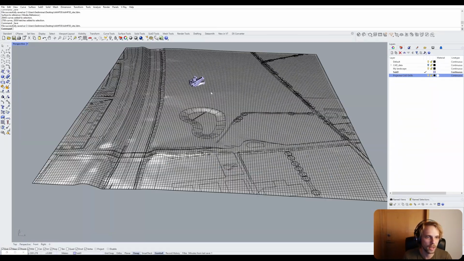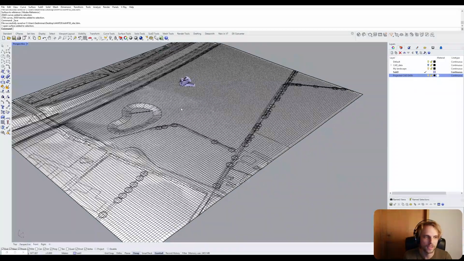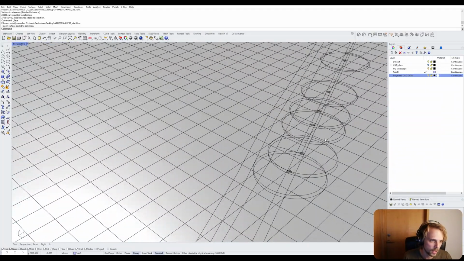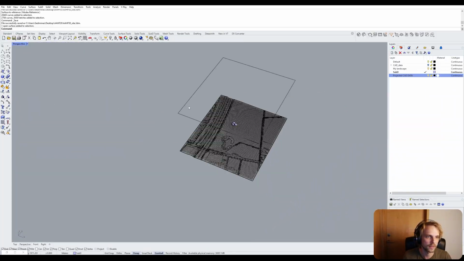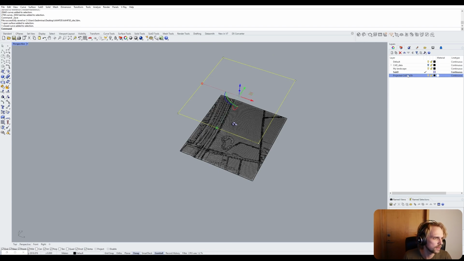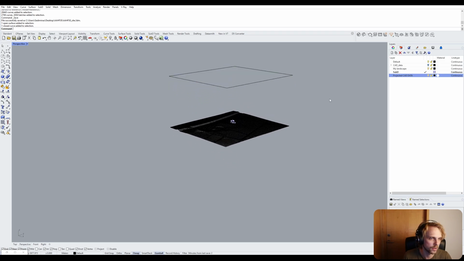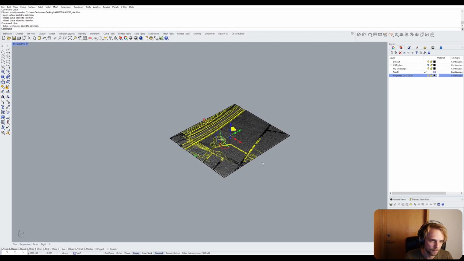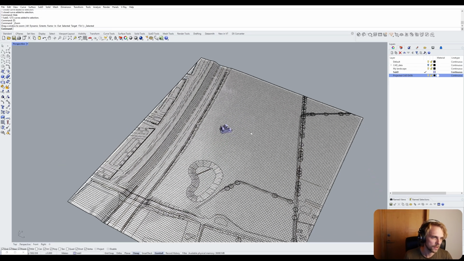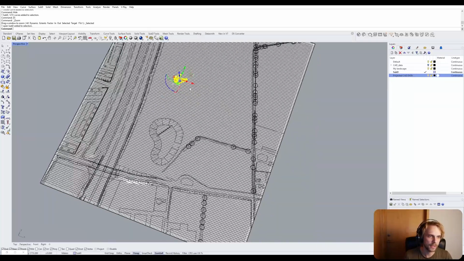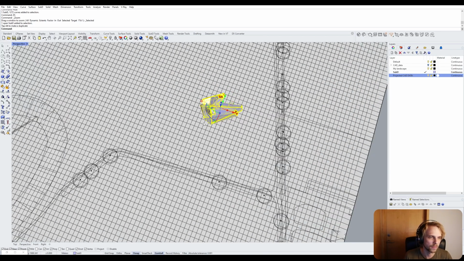So at least now this landscape contains a little bit more information as to where things are. And this is in the way. So let's just see where we can put it so that it's not in the way anymore. Maybe let's just hide it. Sure, why not? Okay, so now I can take the SubD and just find the placement for it